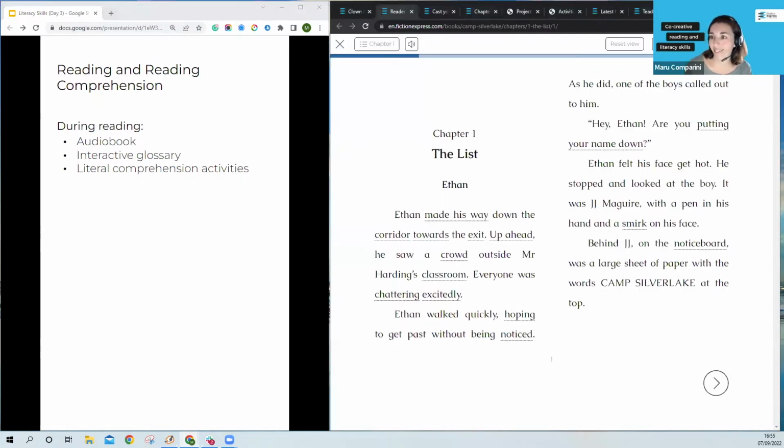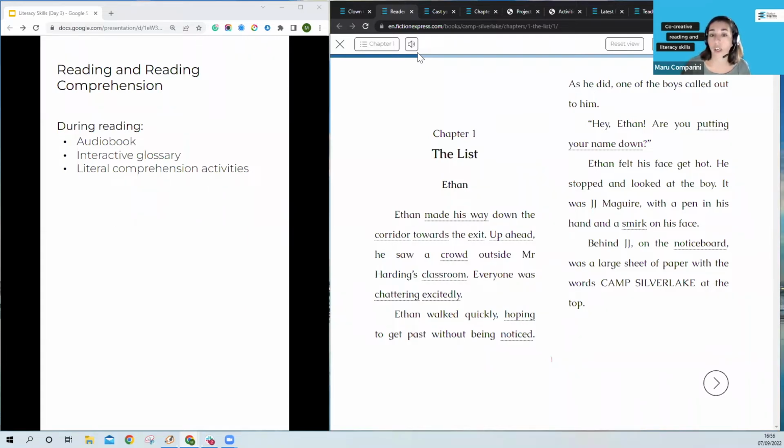So I'll show you on screen. This is what the e-reader looks like. If you pay attention up here, we have a little speaker icon, and that's how you access the audiobook. So working on the comprehension of the book with students that are on level, if they can read this book by themselves or listen to a teacher read it, that's great. But we also give you the option of having the author read the story. Every book is different. Every author is different. So it's a way to expose them to different voices, different accents or intonation styles,